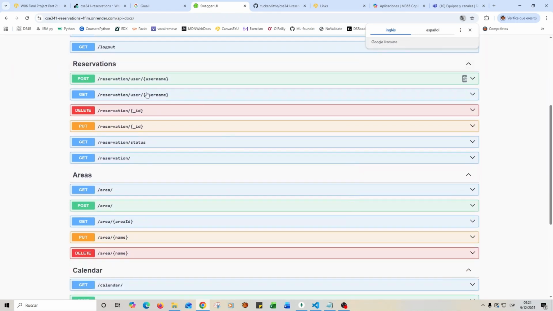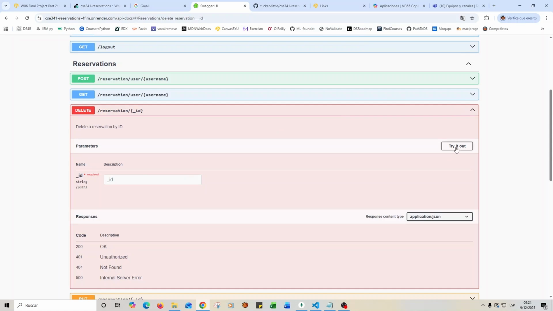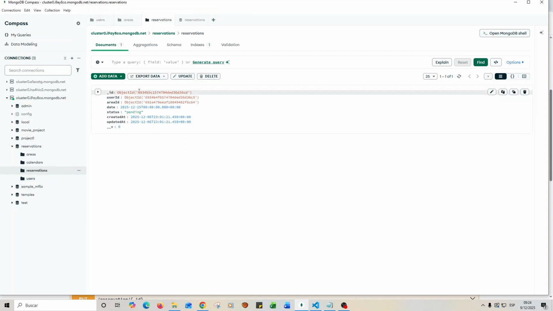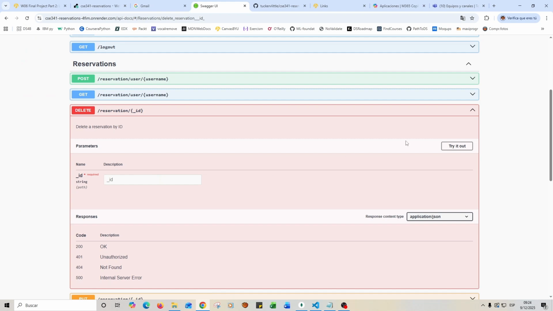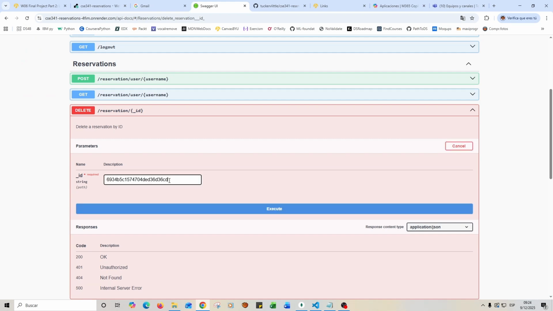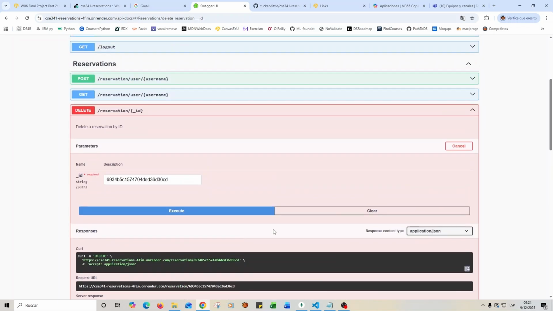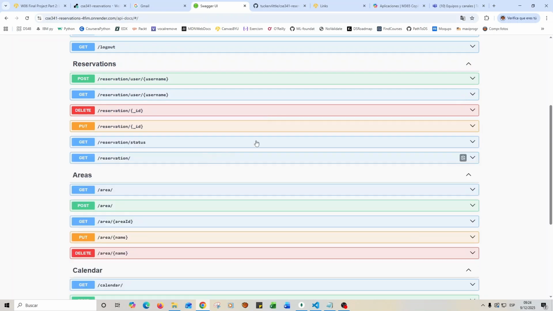For example, if I want to delete one reservation, I can't because I'm not authorized. But let me try it. Let me show you a reservation, for example this reservation. Try it out. Execute. You are not allowed to cancel this reservation. I don't have the permissions for this action. Okay, but if I want to generate a new reservation,